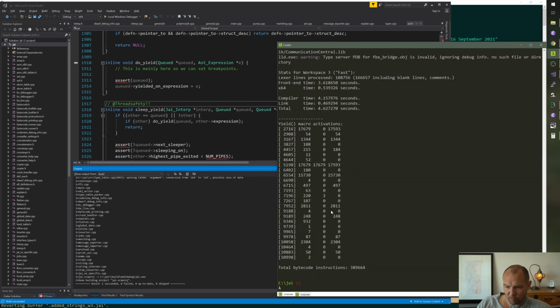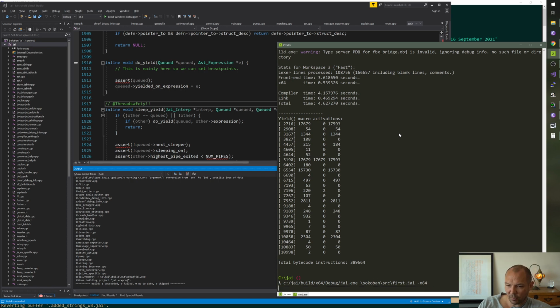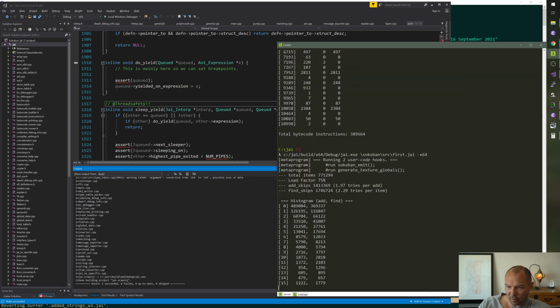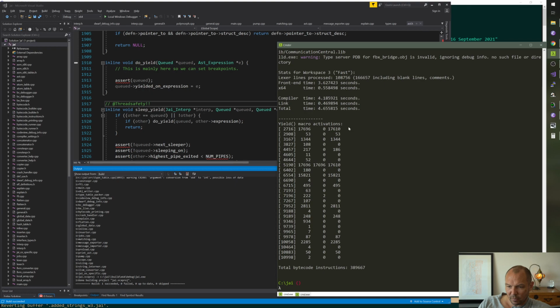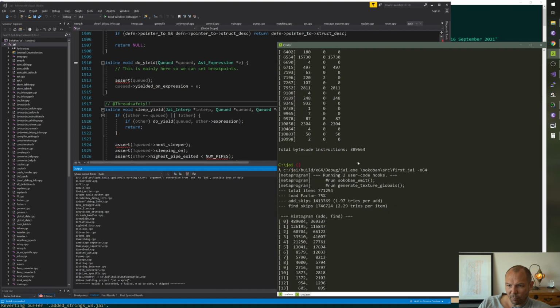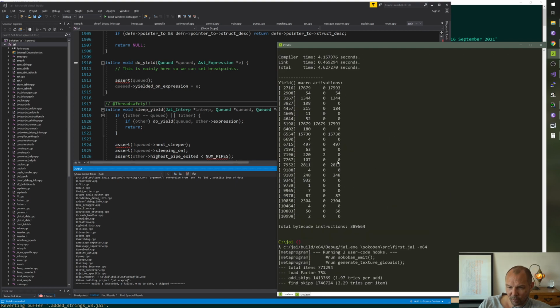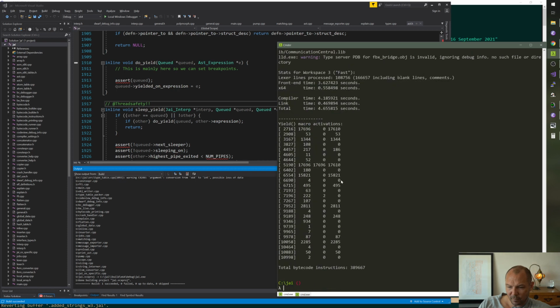Boom, boom, boom, same numbers that we were seeing, roughly. These probably change a little bit for each run because of threaded non-determinism in some way. They change by about 40 or 50 on the scale of 17,000, so pretty close. All right.